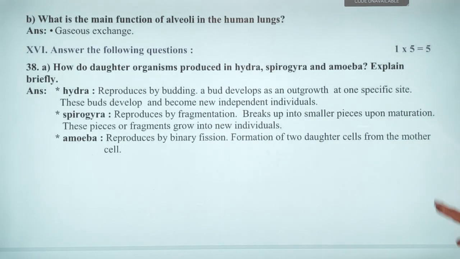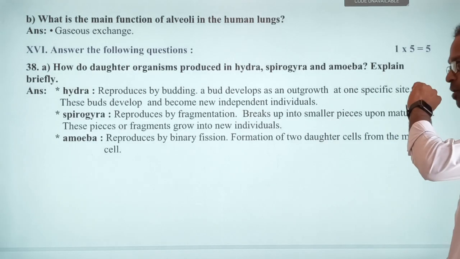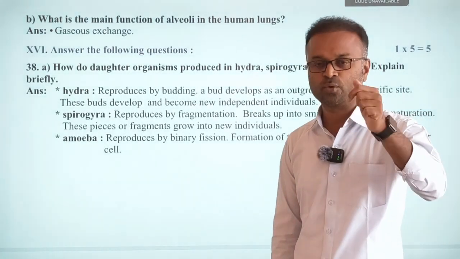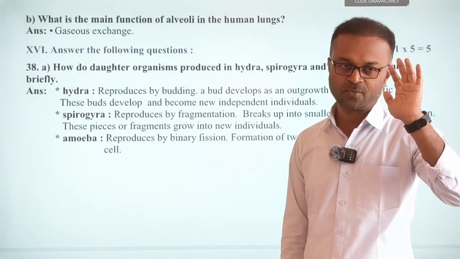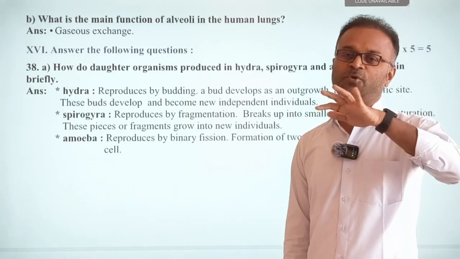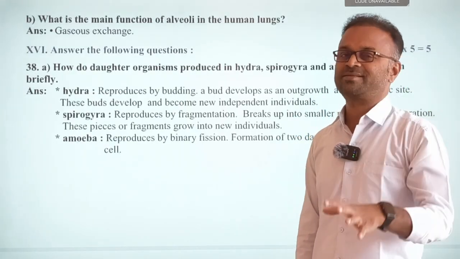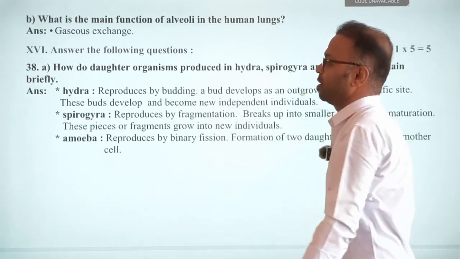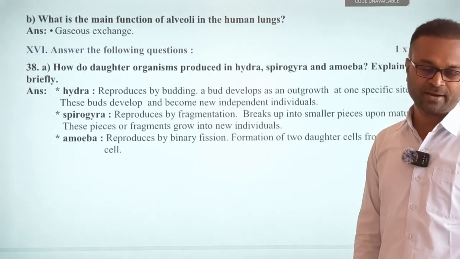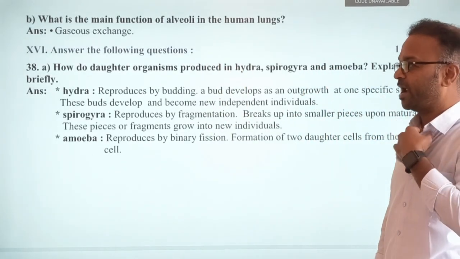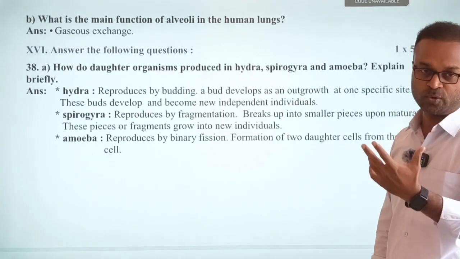Explain. They rarely ask asexual reproduction; they will go for a 1 mark question at most. On sexual reproduction, they will go for 3 marks, 4 marks and so on. Very, very minimum chances are there that they'll ask 5 marks on all the types of asexual reproduction. Very rare. I didn't see it earlier, but sometimes, who knows, be prepared.